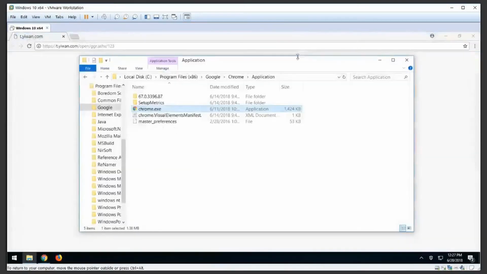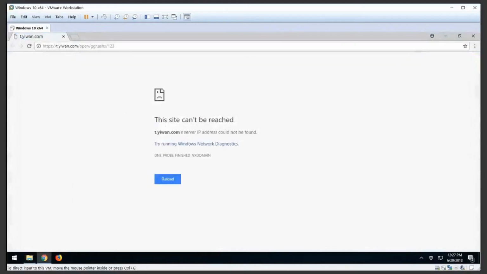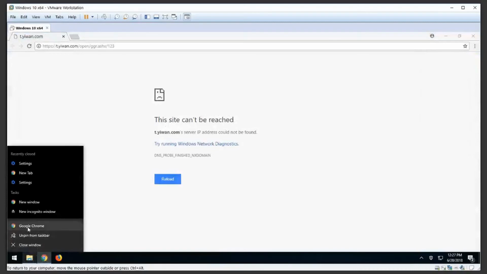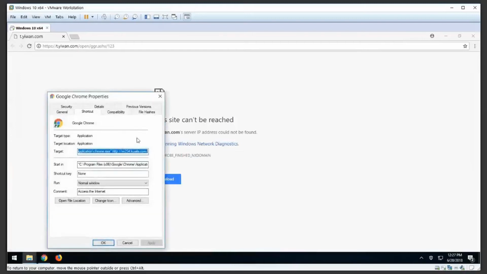This is set correctly. I'm going to check if our shortcut here has been affected. You can just do that by right-clicking the shortcut, right-clicking Google Chrome, and selecting Properties. And we have here the shortcut properties. And we have a target file, which loads something